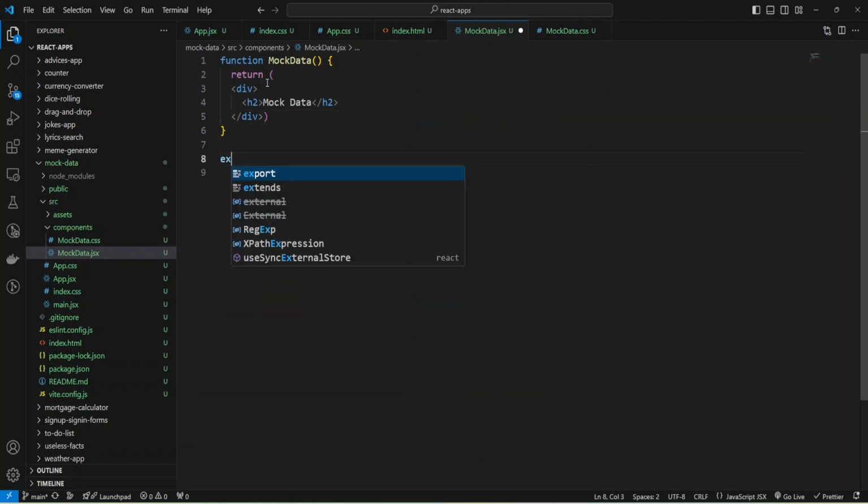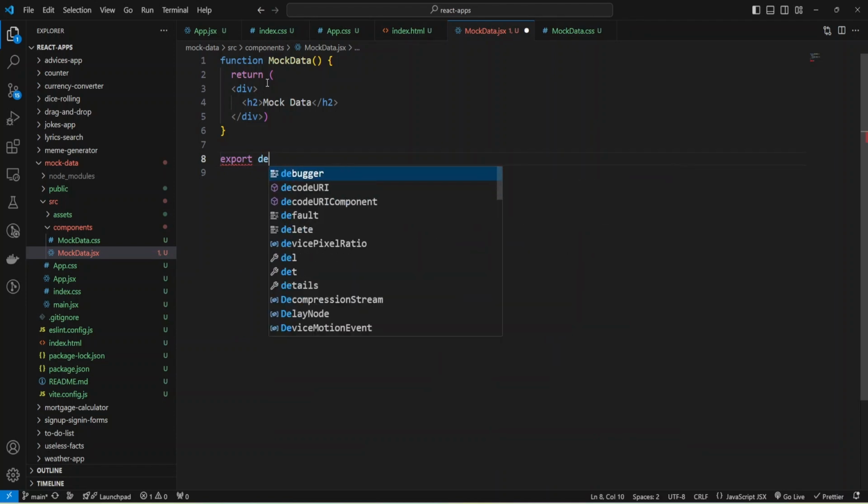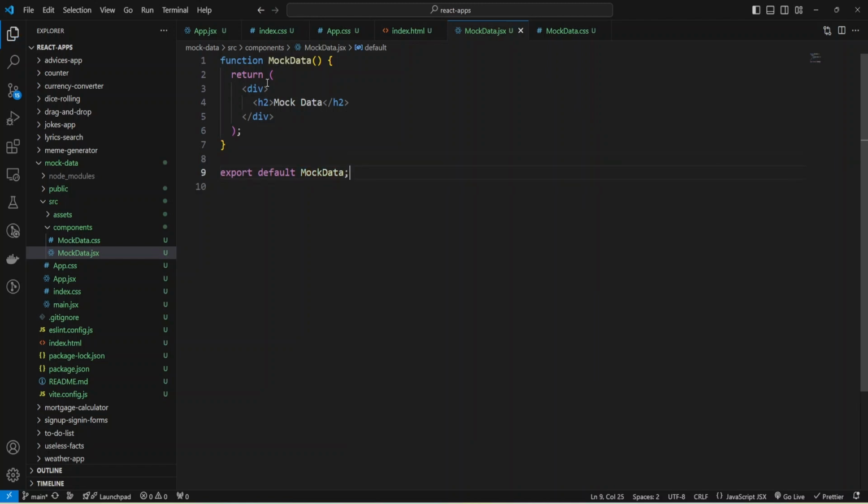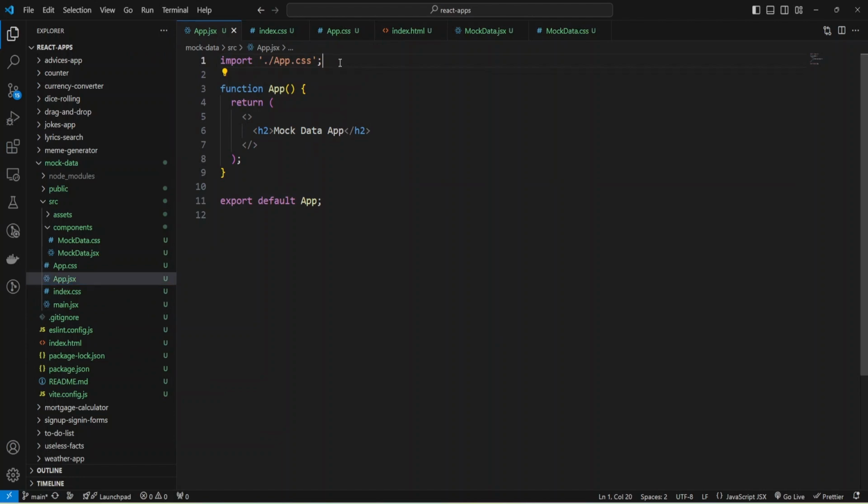Now I can export my component as default MockData, and import my component in App.jsx.